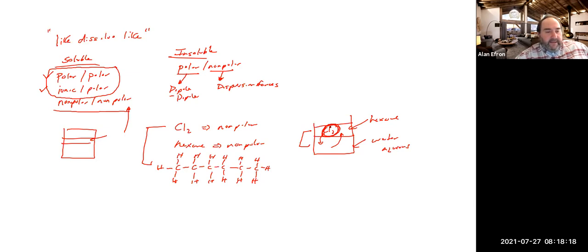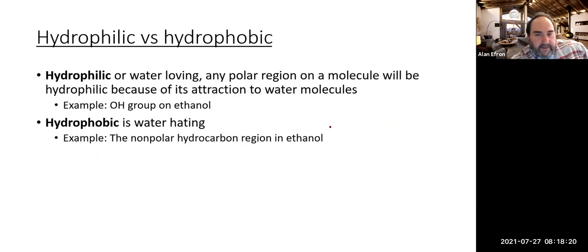Okay, so picking up with what we were talking about, I think this is about where we left off, if I'm not mistaken. So we talked about the idea of like dissolves like. We also saw a couple of examples that there are some molecules where you could look at their structure and assess that there's a non-polar part to their structure and a polar part to their structure. And for example,